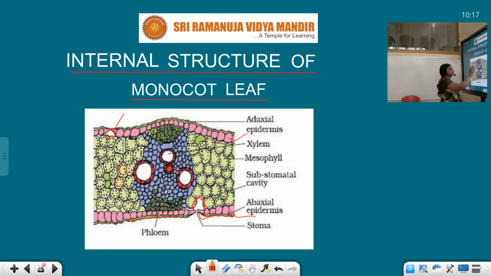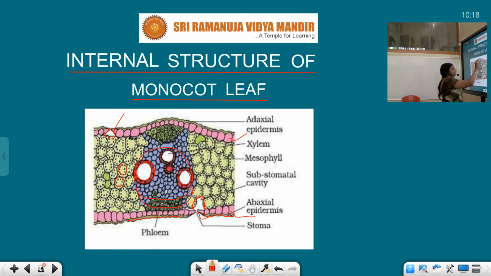And here also we can observe vascular bundles. A larger vascular bundle is present in the midrib region, and the other vascular bundles are of the same size, not of different sizes. In the dicot leaf we have seen they are of different sizes, but here only one large vascular bundle is present on the midrib, and the rest of the vascular bundles, present on the veins or veinlets, are of the same size. This part is a vascular bundle, and the big rounds are metaxylem and the small ones are protoxylem.